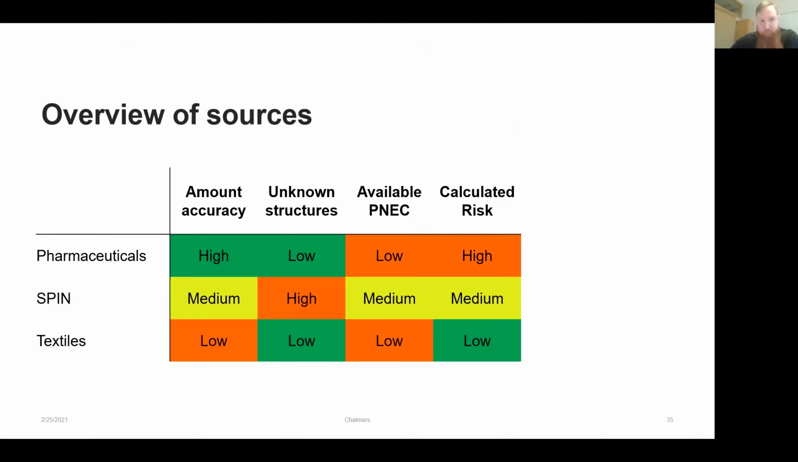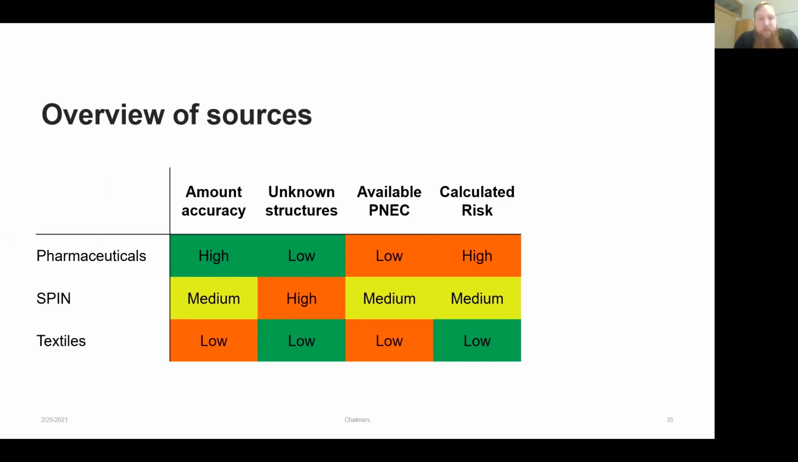If we look then at each and every one of these data sets, they have different problems or challenges associated with them. For the pharmaceuticals, we have a high amount of accuracy in the input data, at least for the ones that are prescribed. We don't know the over-the-counter part, but we have a good knowledge of the prescription part. There's a very low amount of unknown structures in there because you can't simply sell something as a pharmaceutical if you don't know what it looks like. However, the availability of predicted no effect concentrations or environmental thresholds is low or very low,